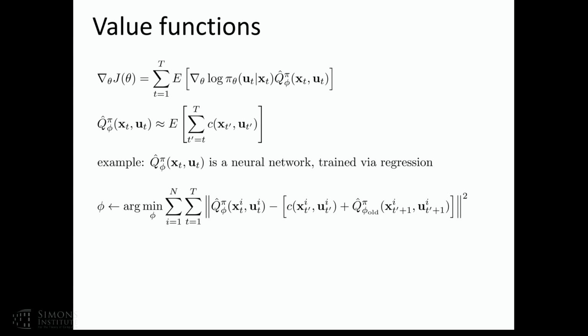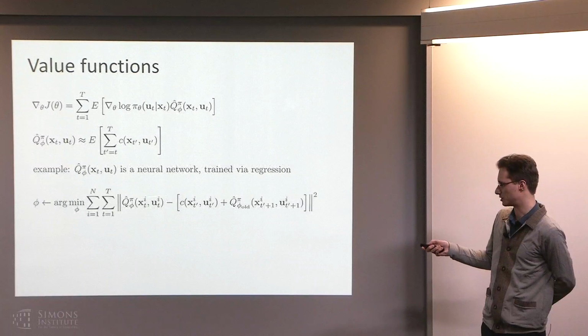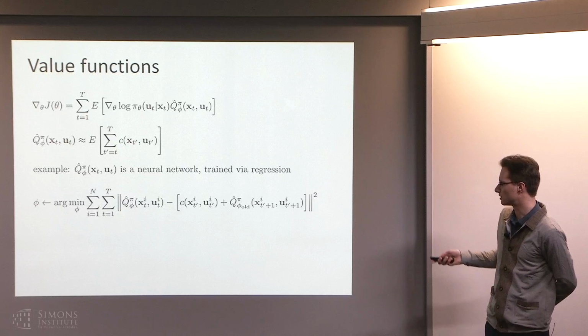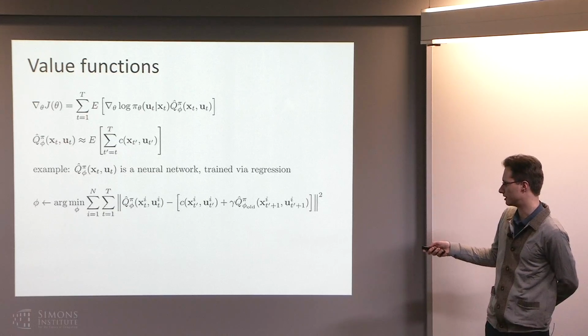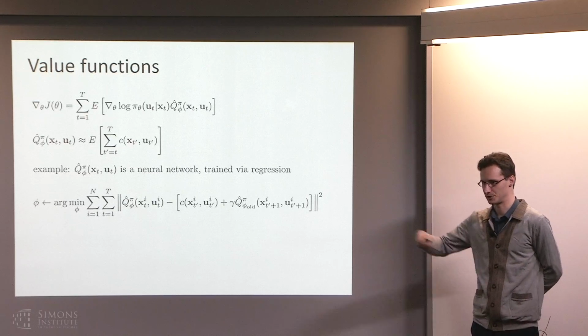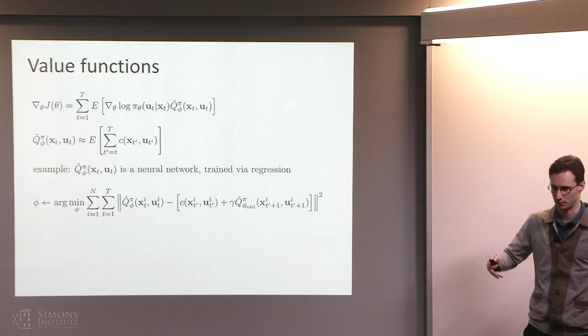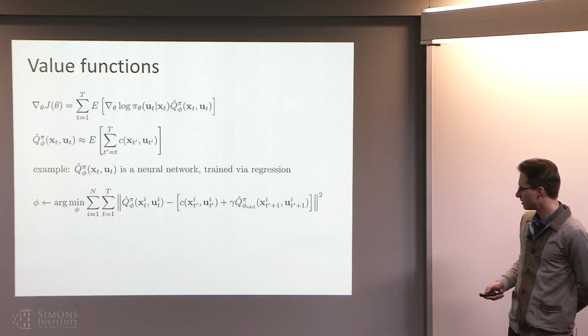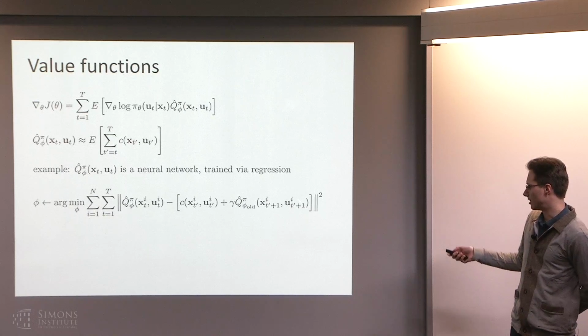So we'll find the Q values that minimize the difference between Q and the cost plus the next Q. Oftentimes it helps to introduce a little discount factor in there, a little value less than 1, just so that these sums actually converge, because for infinite horizon problems, they might not, in general, be finite. And this quantity, by the way, is called Bellman error.